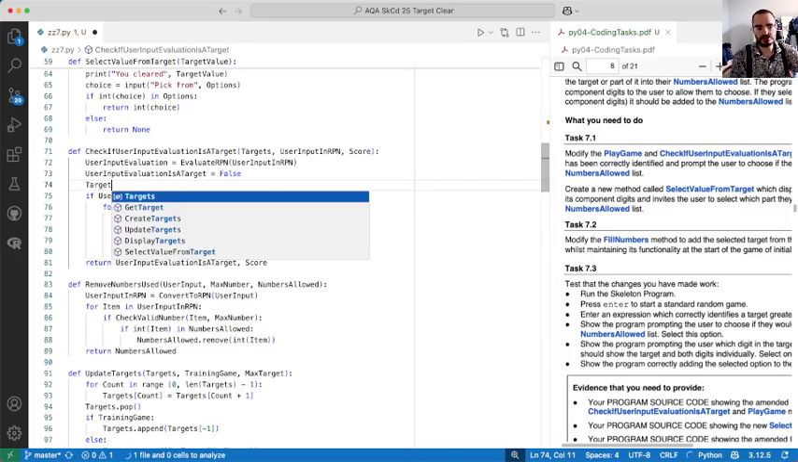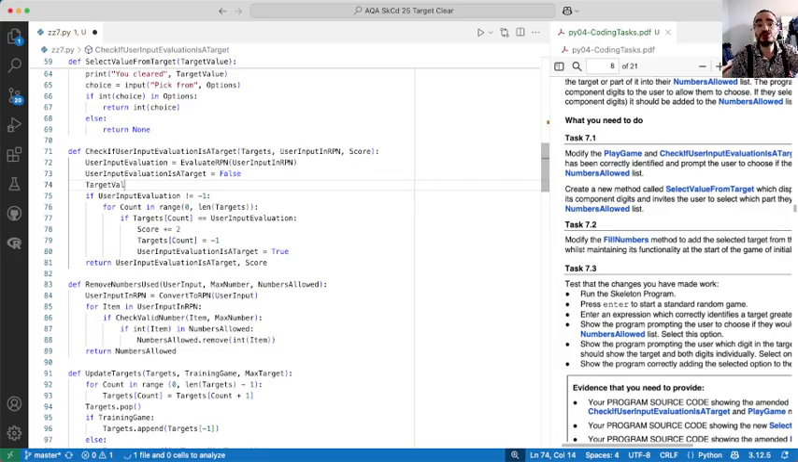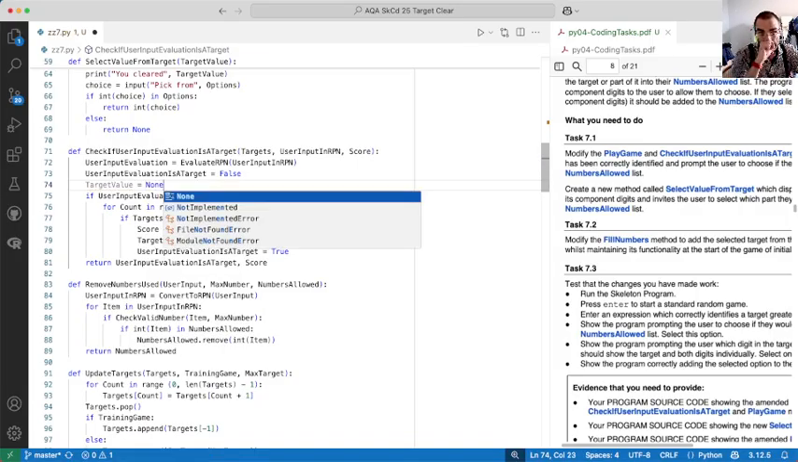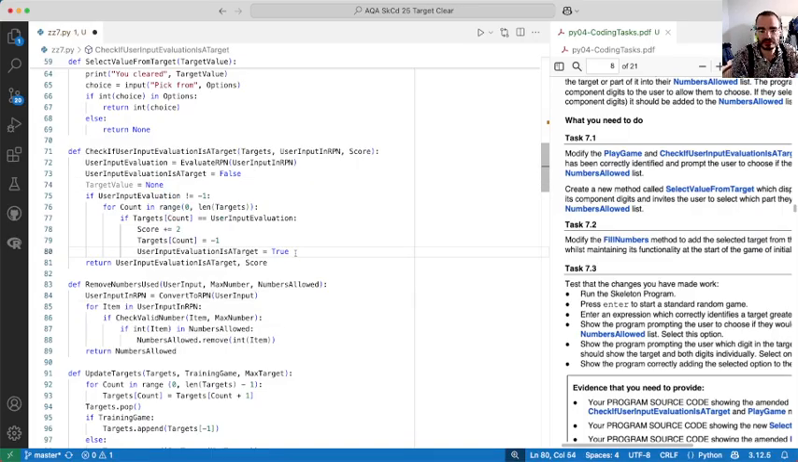Fine, okay, so we set target value, just like we assume the user input evaluation not to be a target, so it's false, because if we go through the list without finding it, we'll state false. We're gonna assume this to be none. It won't matter because we're not using target value if we're not in that branch of the code anyway, right? So target value is none, but if we find it, just like we set the boolean to true, we're gonna set the target value